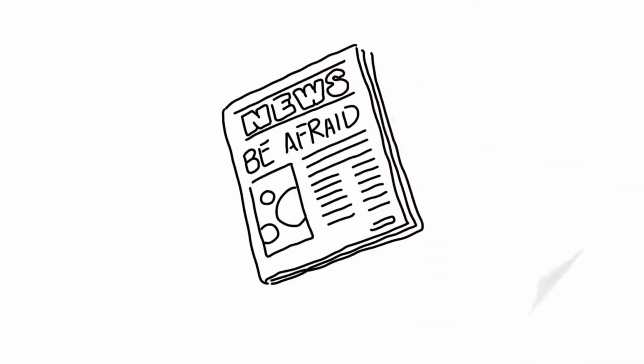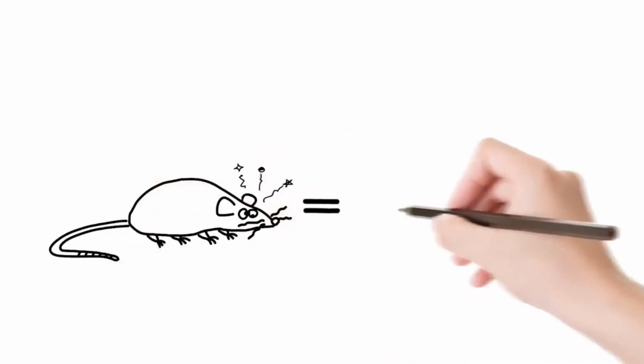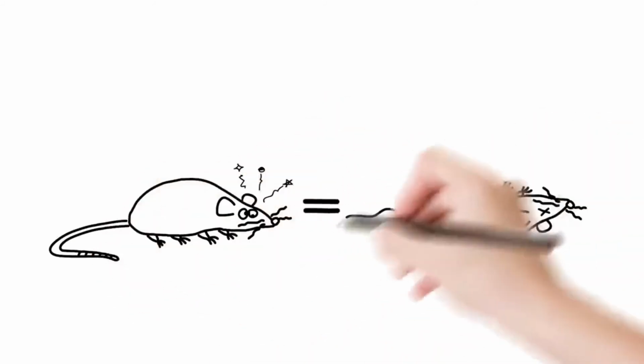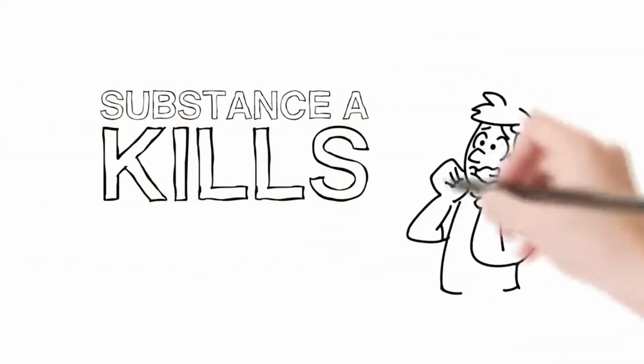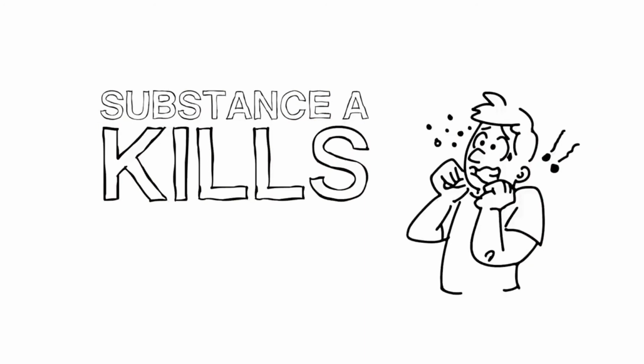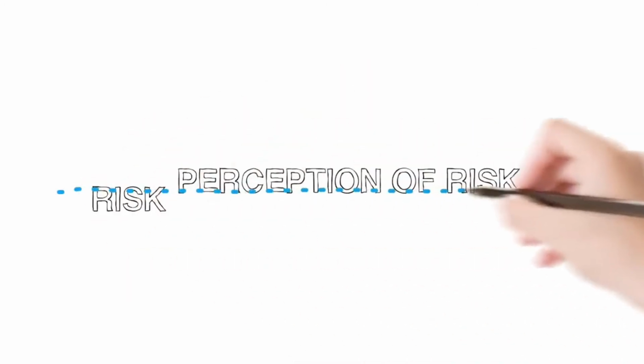For example, fear can be fueled by debatable science and poor or even sensationalist interpretation of a study by the media. A very limited study that indicates that substance A could be harmful to mice and would merit further research quickly turns into a "Substance A kills" headline. Once fear sets in, even if risk is not proven, the precautionary principle is often pulled out of the hat. In a nutshell, risk and perception of risk are not always aligned. This can make political decisions difficult to make.